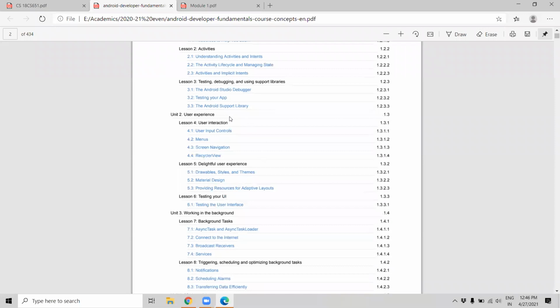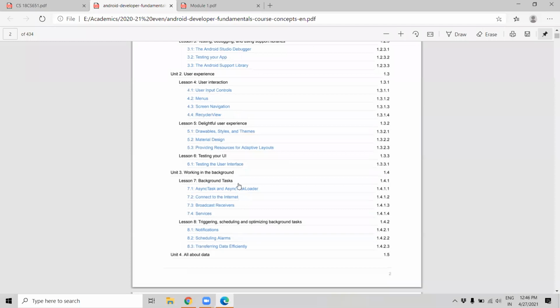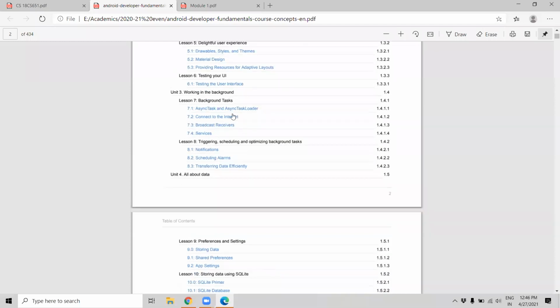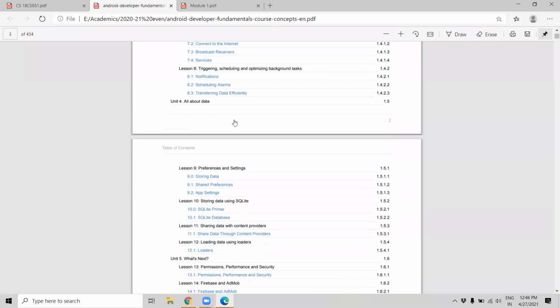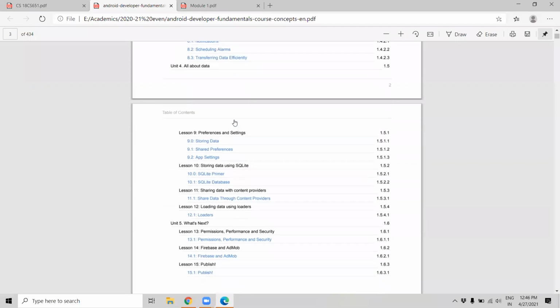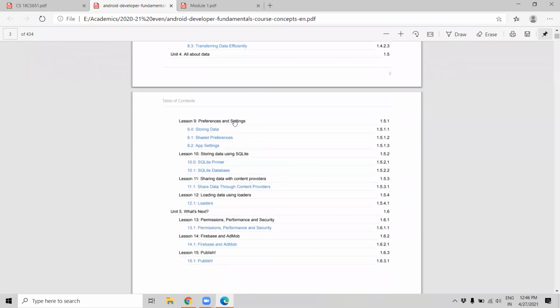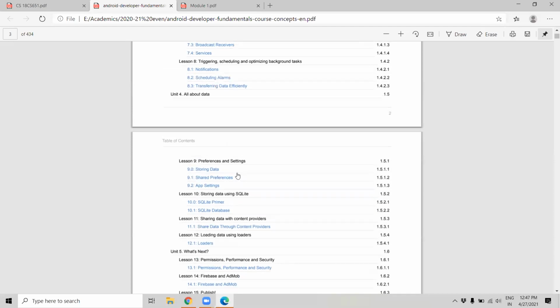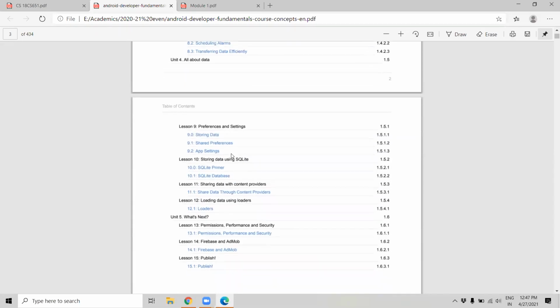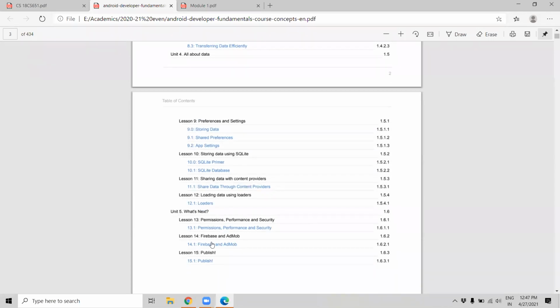In detail, how to create the menus, all those things we are going to cover in the second module. Connecting to the internet we are going to cover in the third module. In the fourth module comes the database. All the data that we have to store in the database, for that you have to use SQLite. Those database-related details we are going to learn in Module 4. Finally, there is one more database, Firebase, and how finally you have to publish on the internet, that we are going to cover in Module 5.